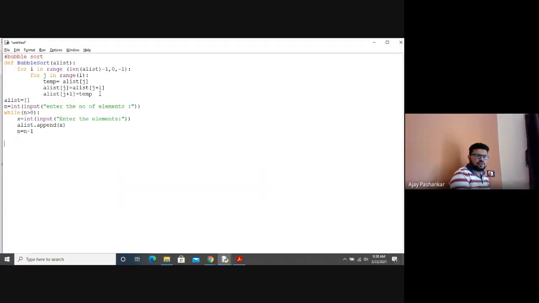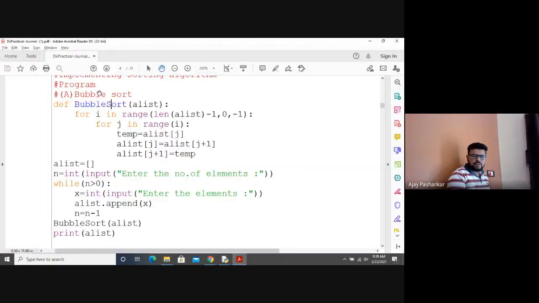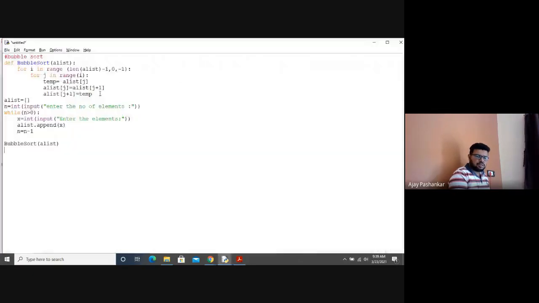So bubble sort into bracket a list, again spelling mistake, no issue. प्रोग्राम में एरर नहीं आएंगे तो मज़ा भी नहीं आएगा.